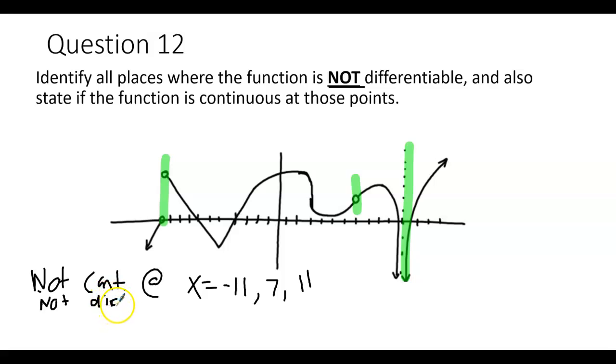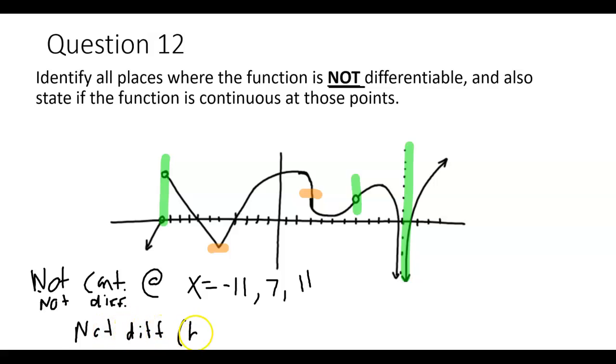Because once again, if a function's not continuous, then it's not differentiable. But it is possible for a function to be continuous and non-differentiable. And that happens in two different kinds of places. One place that can happen is here at a cusp. Another place that could happen is here when you have a vertical tangent line, when your graph basically gets vertical instantaneously. So we would also say it's not differentiable,